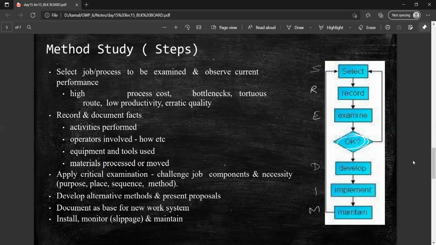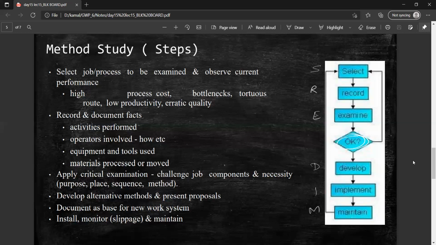Next is record. I have to go through the record of previous work on the particular type of wood. What kind of furniture will be made? What type of shape will be given to the particular wood as per the previous record? So I have to thoroughly examine the previous record of the furniture or the product which was made of that particular selected wood.